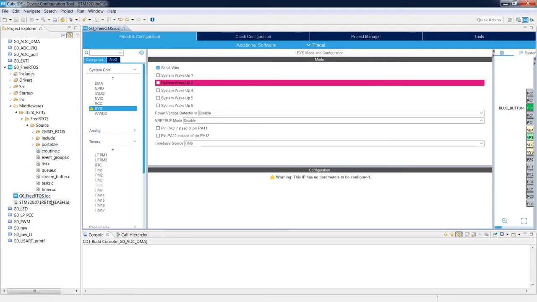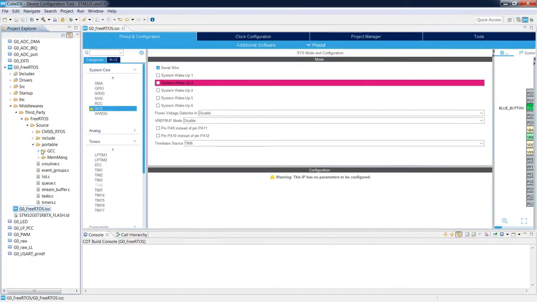So this is the core. It is completely independent from the embedded system, from the application, from the system where it has been added. The connection between our hardware, our STM32G0, and FreeRTOS is done within the portable folder. Here we can see GCC and memory management folders.